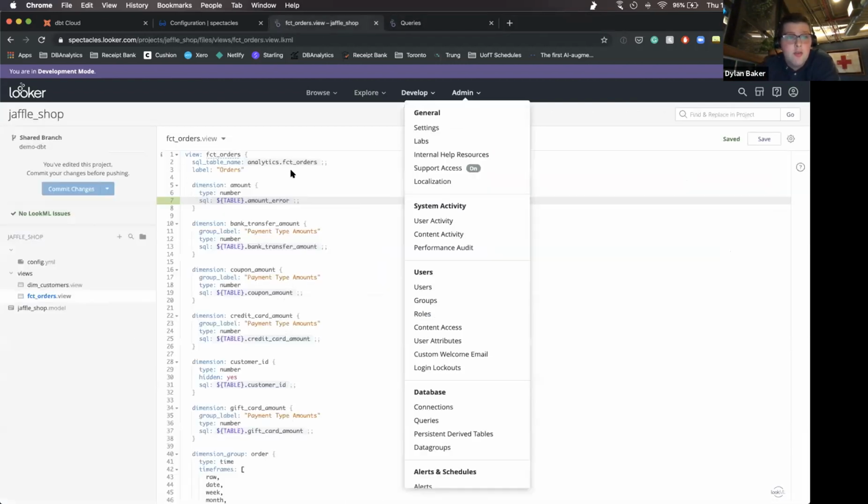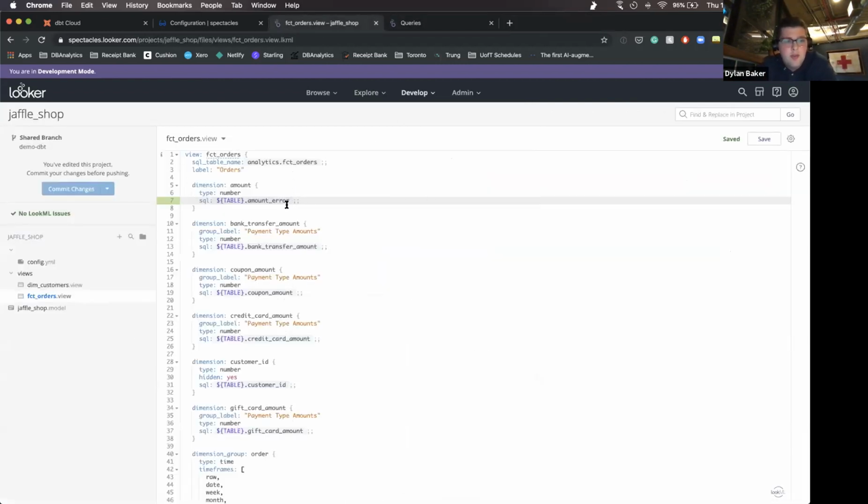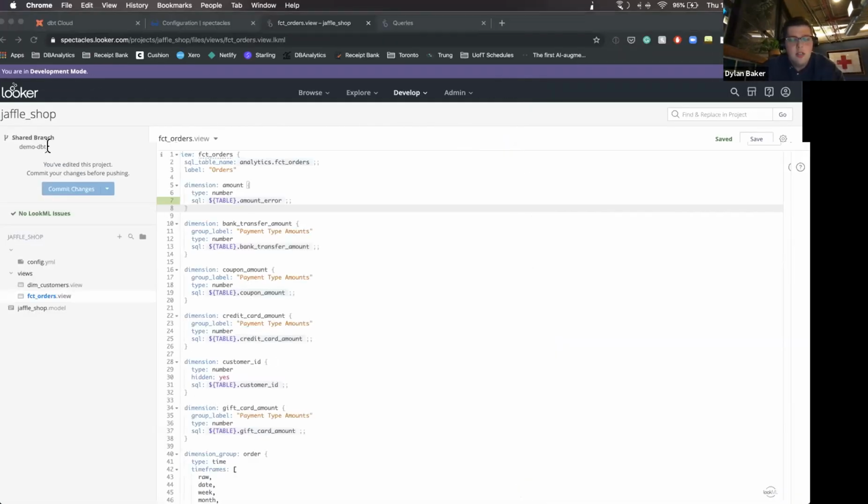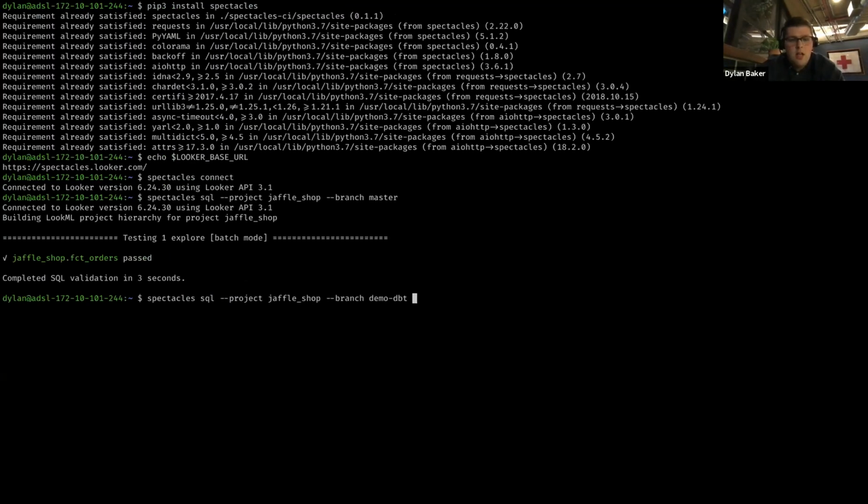across your Looker instance. And so if we now go here and we've got this error and I'm on branch demo dbt, I can then go back here, and this time I'm going to run against that branch. And I'm going to run in mode single. And I'm actually going to pass the verbose flag so you can see what it's doing in the